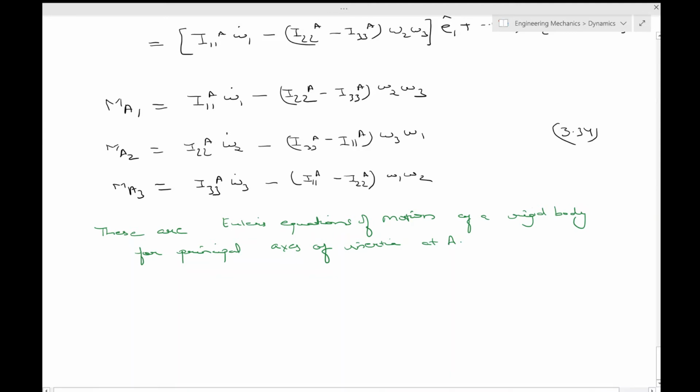They are also coupled because each one of them has this mixed collection of omega 1, omega 2, omega 3. Okay, so it's not independent, and it's clearly non-linear since you have square terms in omega 1, omega 2, omega 3. So 3.34